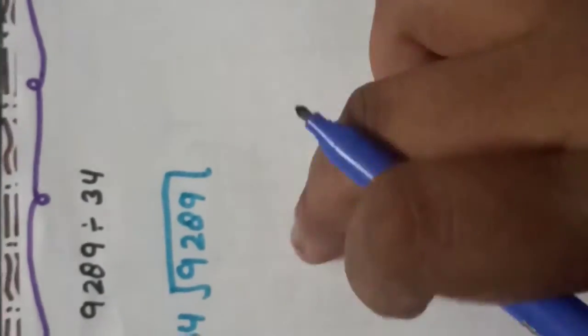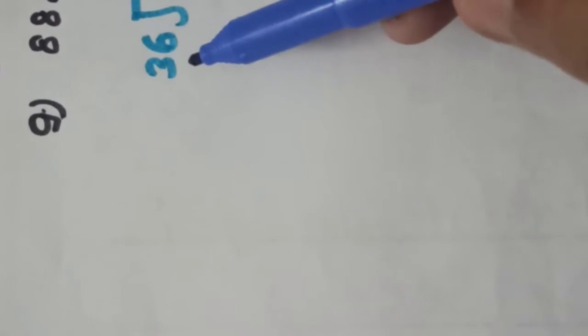Now the 8th part, you always try to do it by yourself. We will do the 9th part now. Now let us get started students. See, the question is 8888 and we have to divide it by 36. Okay. Now I hope none of us remember the table of 36. So what we need to do? We just need to multiply the numbers.